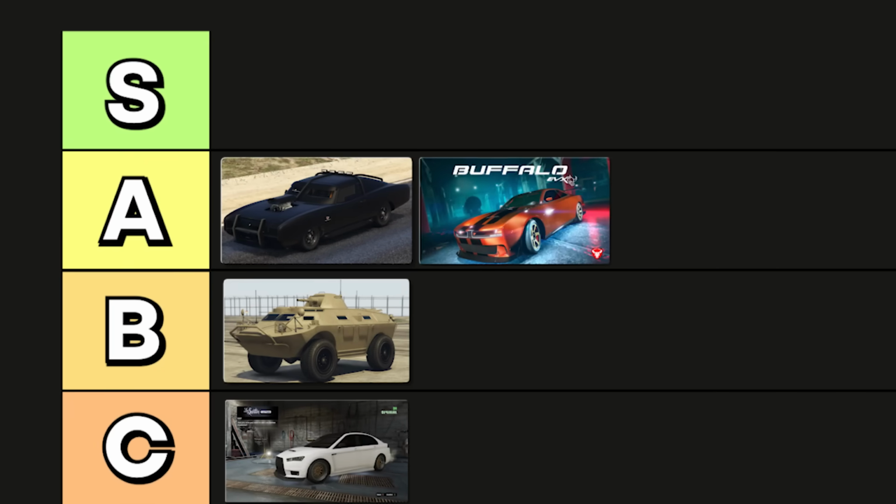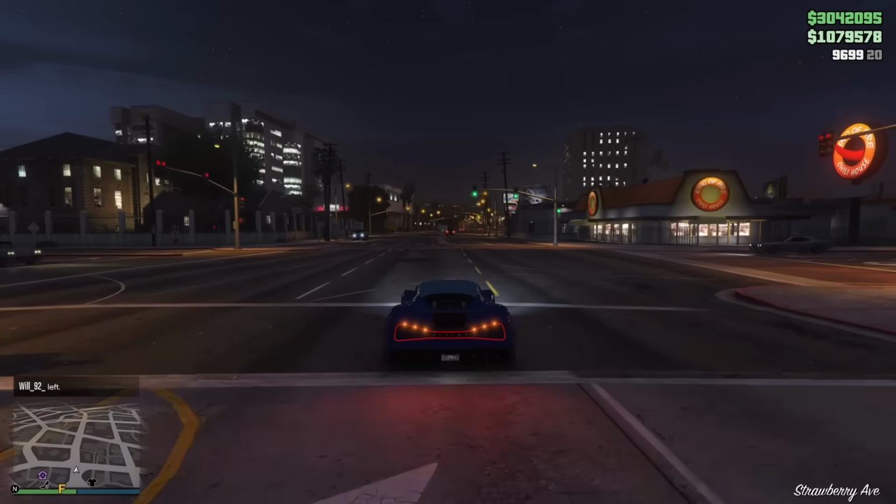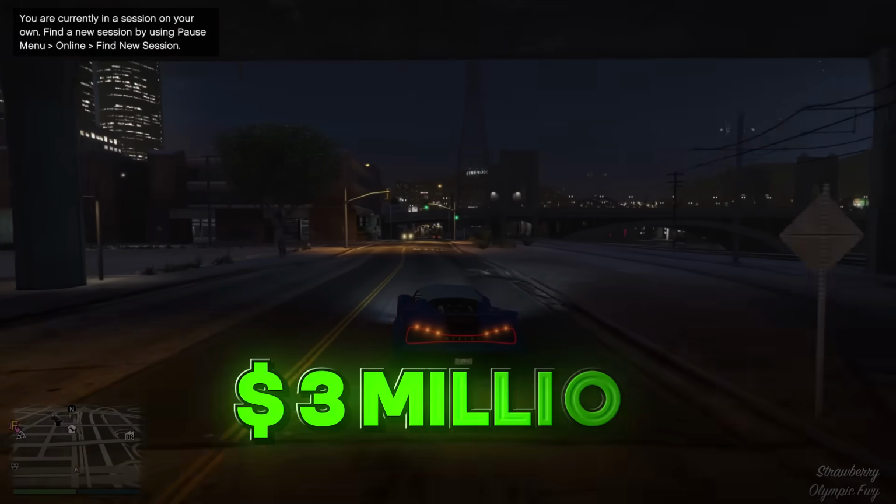Overall, I do give the Buffalo EVX an A rank. It's easily one of the best armored cars in the entire game. But what if you could get a car that's just as well armored as the Buffalo EVX and even faster off the line? I'm of course talking about the Ocelot Virtue, which is an electric hypercar worth $3 million that